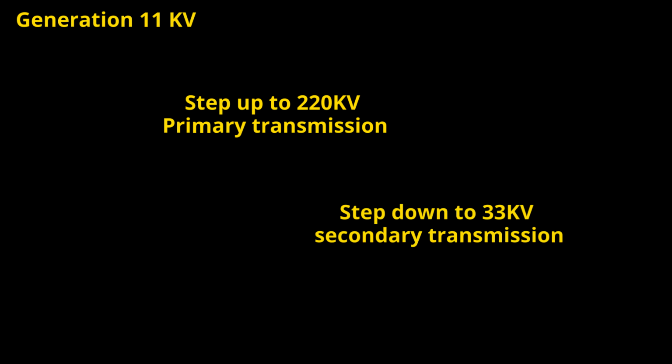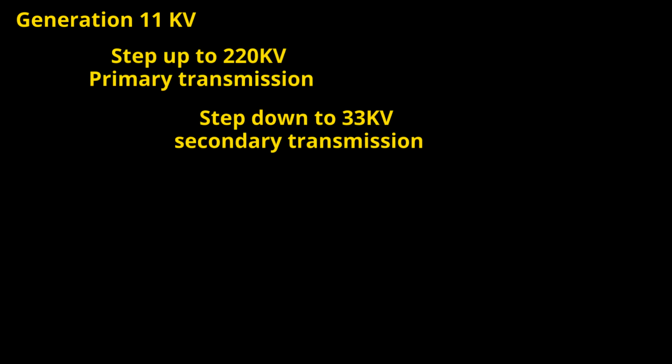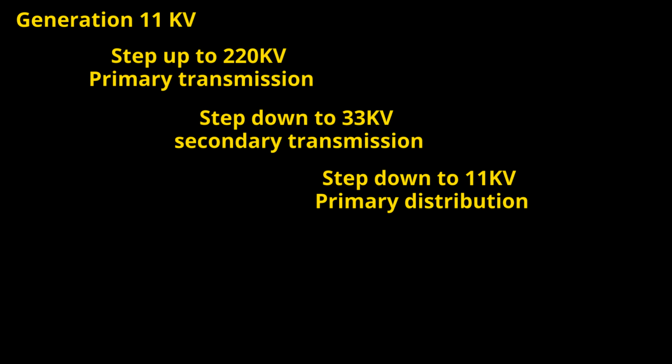In conclusion, the generated voltage from power plants is around 11 kilovolts. They are stepped up to 220 kilovolts. This 220 kilovolts is transmitted by huge towers. This is said to be primary transmission. And this 220 kilovolts is stepped down to 33 kilovolts and called secondary transmission. In transmission lines, there is no case of tapping of power to be seen. By transmission substations, the 33 kV is stepped down to 11 kilovolts, and now the tapping of power is done, and some part of power is distributed to industrial consumers.